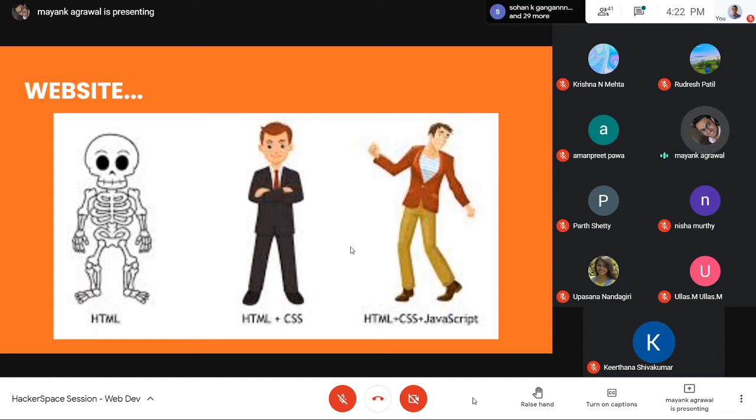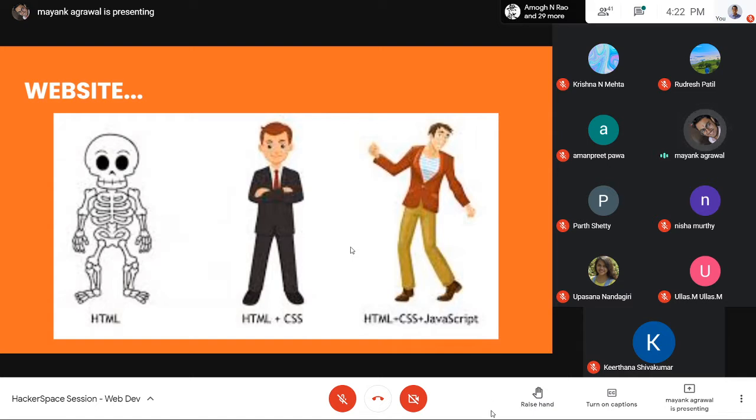Whereas the backend will take care of where the blog is to be stored, what all is the content of the blog, who is the author, who can edit, who liked, and all those content should be handled by the backend. It should be stored by the backend somewhere in their database.